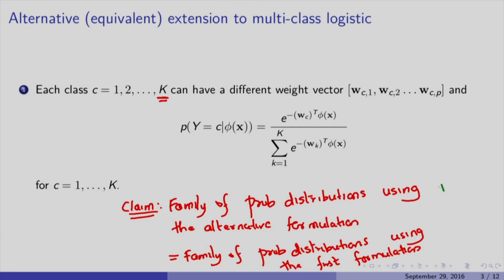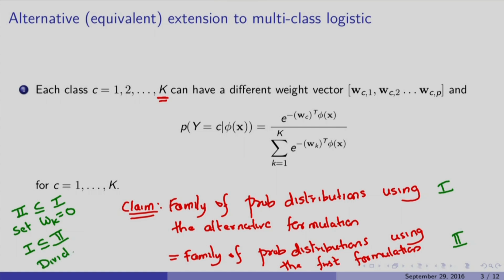So let us call this 1 and this 2. The fact that 1 is a subset of 2 is evident as follows. Set wk to 0 as we did before, and this should show that every instance of 1 can be recovered from 2. How about the other way? We want to prove that 2 is also a subset of 1. Well, that is also not difficult.